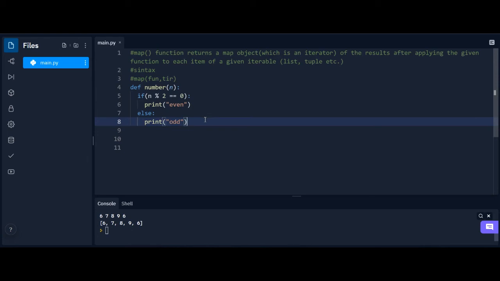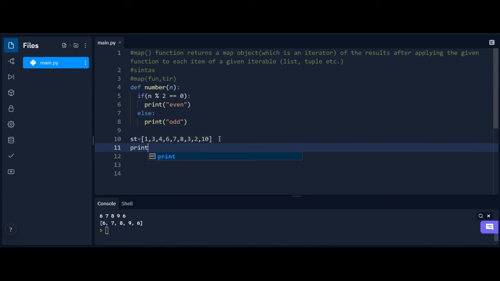So I have to give the number, but instead of this I want to see results for multiple numbers, like 1 2 3 4 random, 6 7 8 3 2, 10. To see the results I can use a for loop, n in the string, but instead of that I can simply write a map function. So the map function, you already know, if I print only the map, it will create the map object, but we will not be able to see the values, right? For that we have to